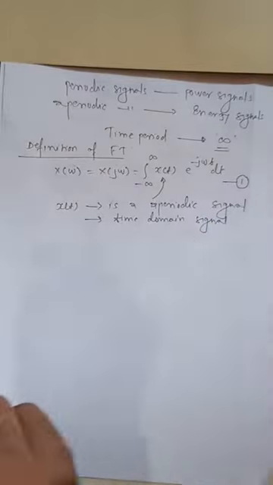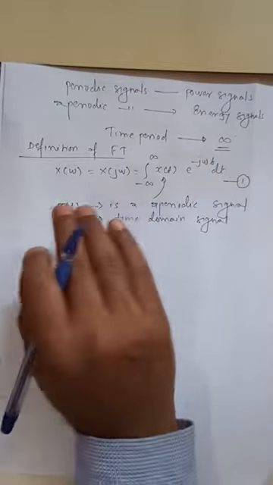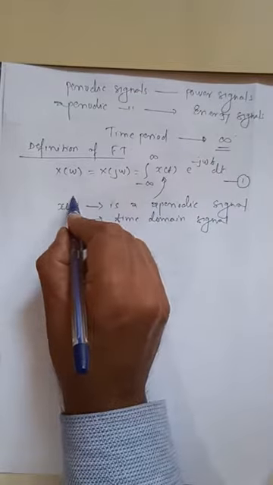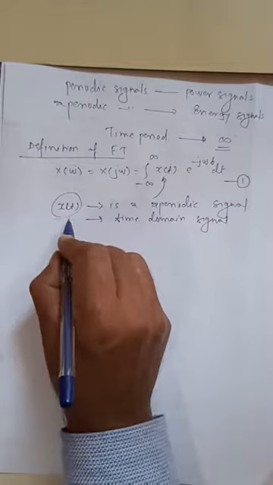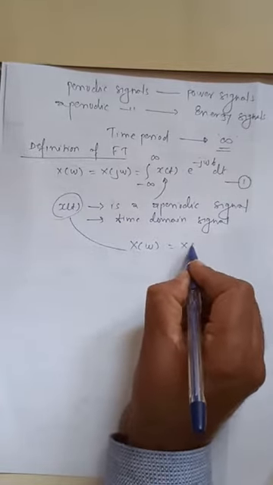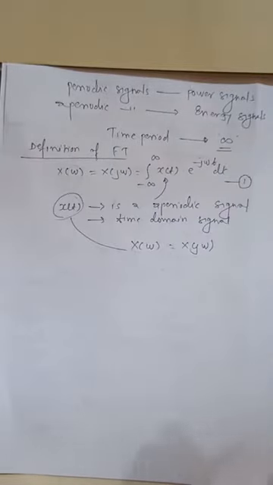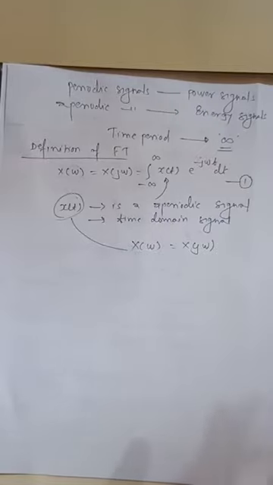So this is one thing. Another thing, whenever you are transforming, what does it mean? You are transforming a time domain signal x of t into the frequency domain signal x of omega or x of j omega. So there may be a question in your mind: why use the Fourier transform? Why use the Laplace transform? Why use this transformation?